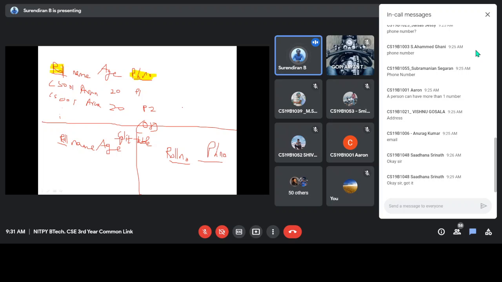First normal form says that the multi-value dependency should not exist. So here we can say that for a roll number, phone has multiple values. Dependency is nothing but using a roll number we can identify the name and the age and all those things. So that is dependency. We call it functional dependency.